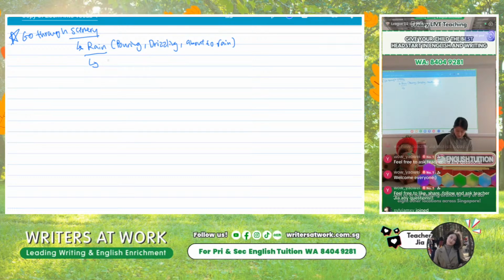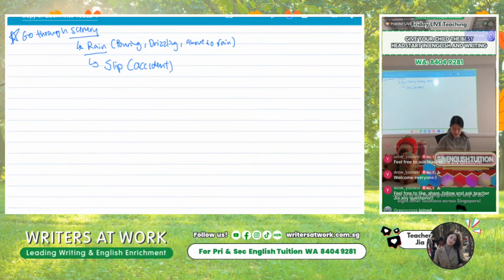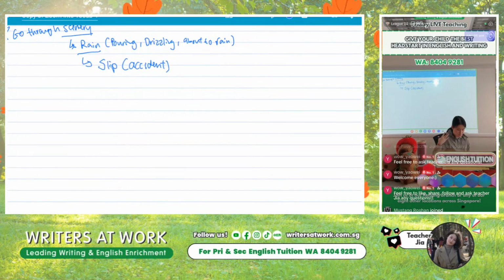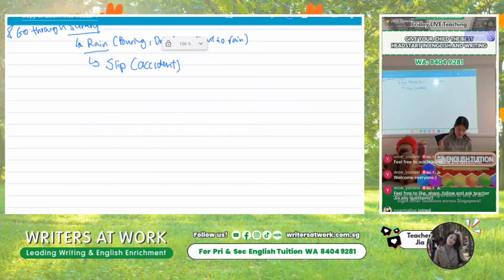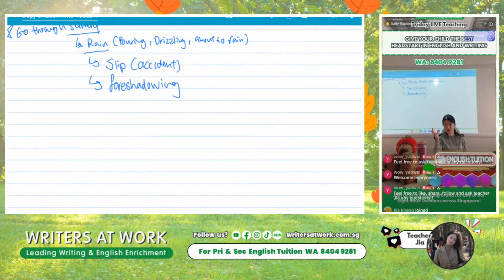Raining for, let's say, an incident where you slip. When you slip, it's an accident that's going to happen. So let's say the main thing of the composition is that someone is going to slip, like in this case, or there's going to be an accident, someone's going to slip forward, there's going to be a car accident. That is when you can use rain. You can say the roads were slippery. That's what you can do. Or you want to use it as foreshadowing. So the story doesn't necessarily have to revolve around the fact that it's raining.